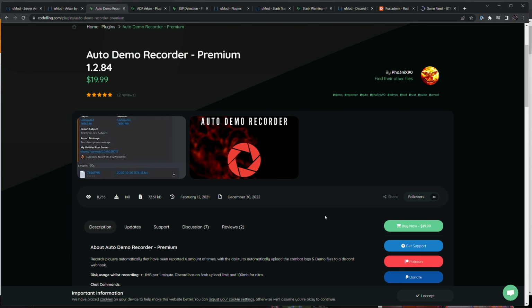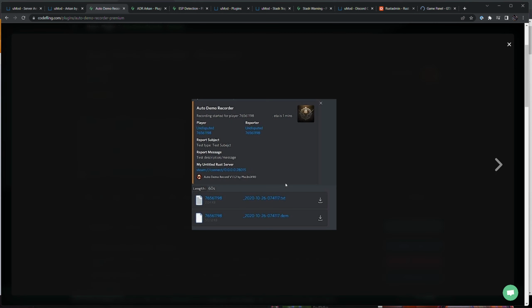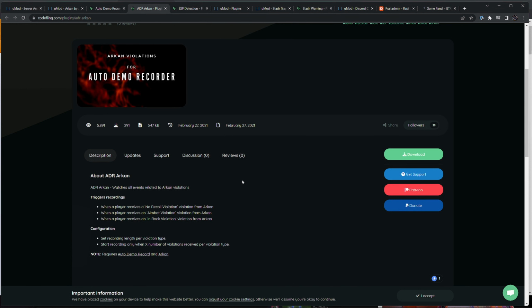The Auto Demo Recorder gives you a lot more flexibility of who is allowed to make those demo recordings. These are saved either on the server or on the Discord. People can download the .dem file, the demo file. This is really interesting for stuff like content creators or tournament hosters, but for us, in combination with the Archon